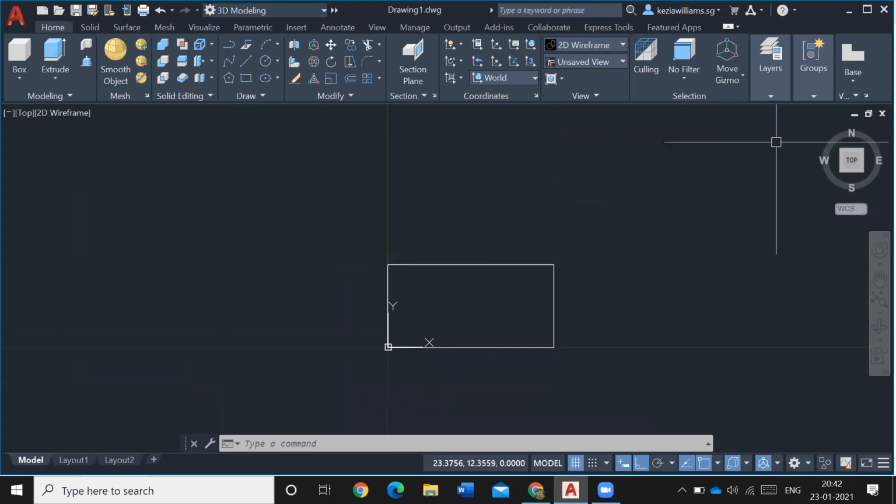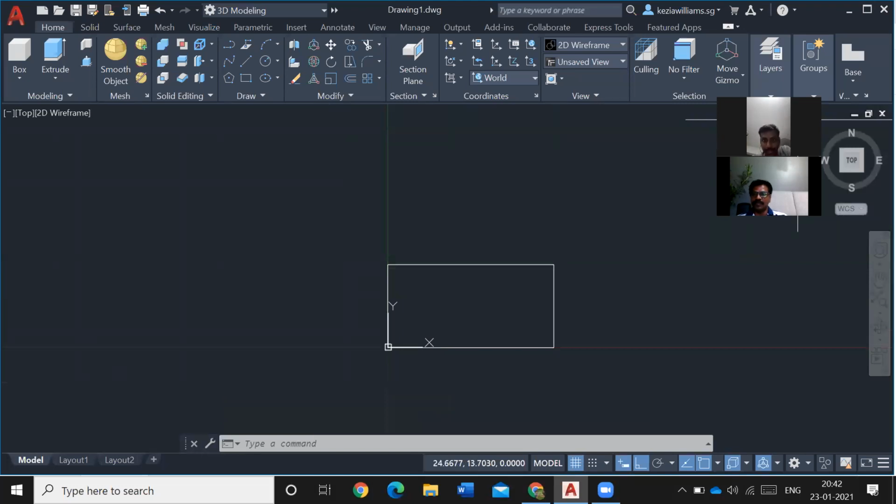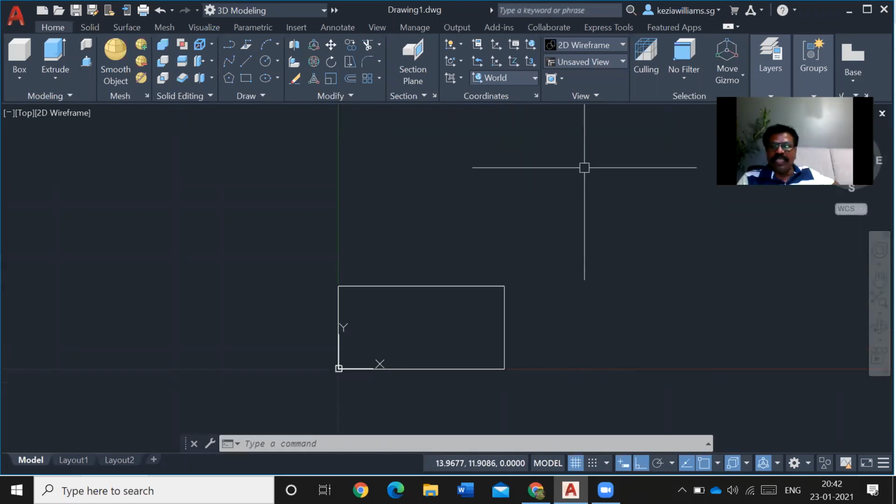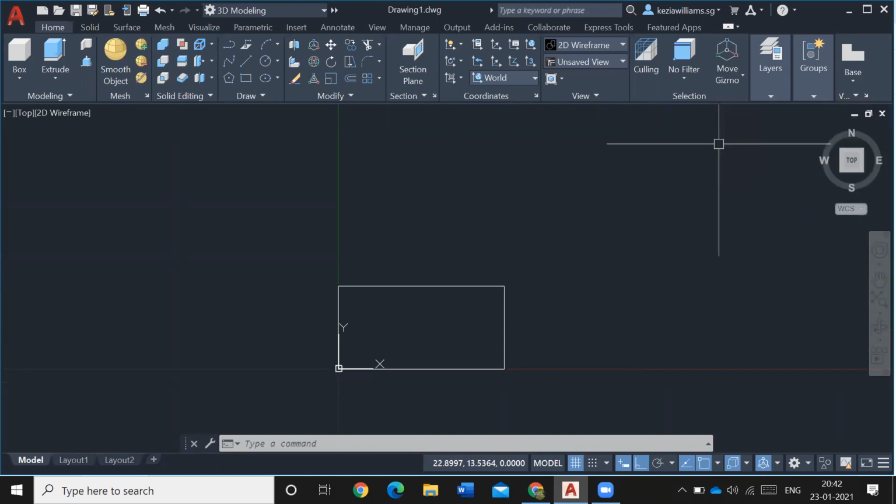You know this rule, how X, Y, Z work? Any idea? Okay, here, the left hand thumb rule. You know the left hand thumb rule. This is your X and this is your Y. Okay, your Z is always perpendicular to them. See, this is X, this is Y, and this is Z. Okay, now you cannot see the Z, right? Because you are seeing from the top view. Okay, so if you want to see the Z, there are a few things that can be done. You can just rotate this drawing, or see, now I'm rotating. How do I rotate?